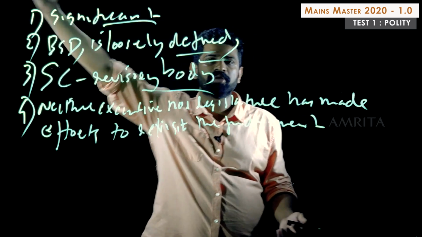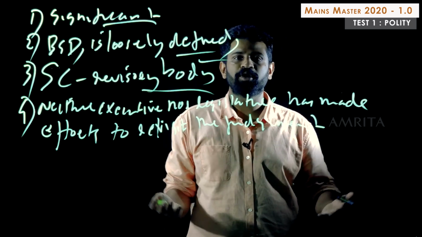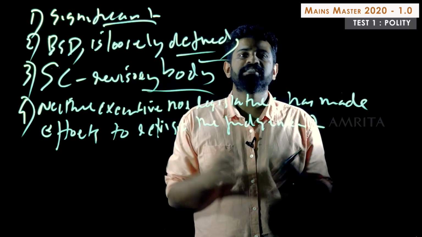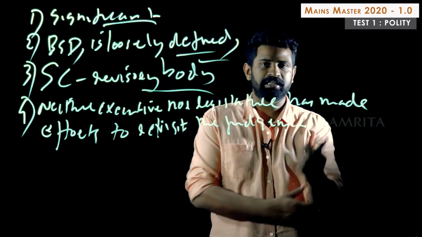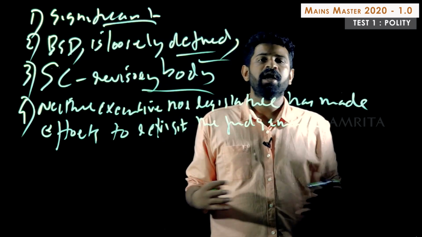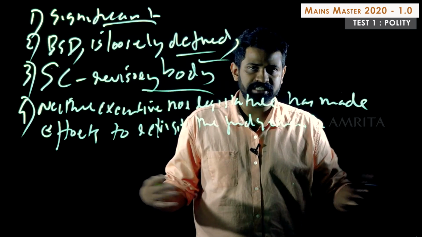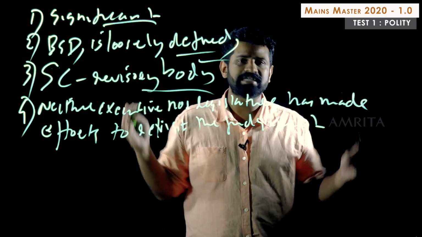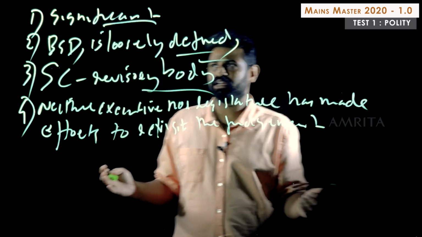So you have two arguments which say that it has brought in some amount of rigidity, but four arguments which say that no, there is still scope for so much flexibility. The Constitution is still able to change or evolve with the changing circumstances. I guess now it's amply clear. It is just a 10-marker question. You have given sufficient enough points.